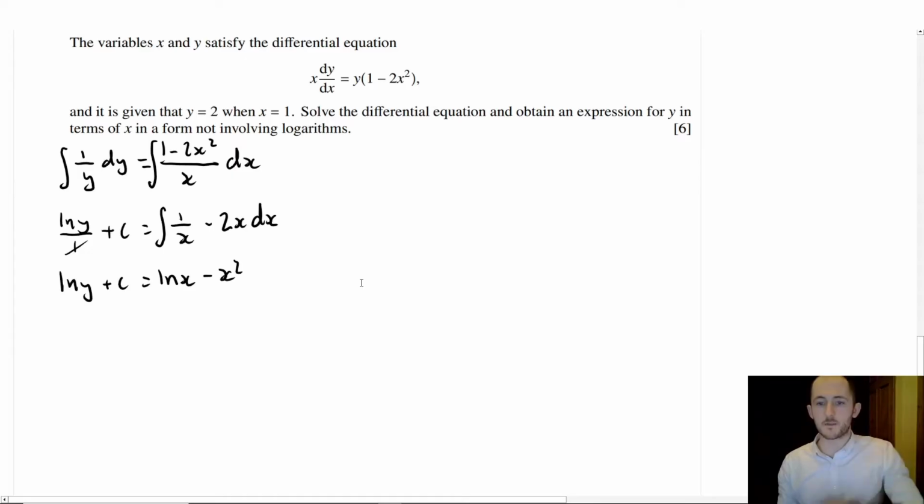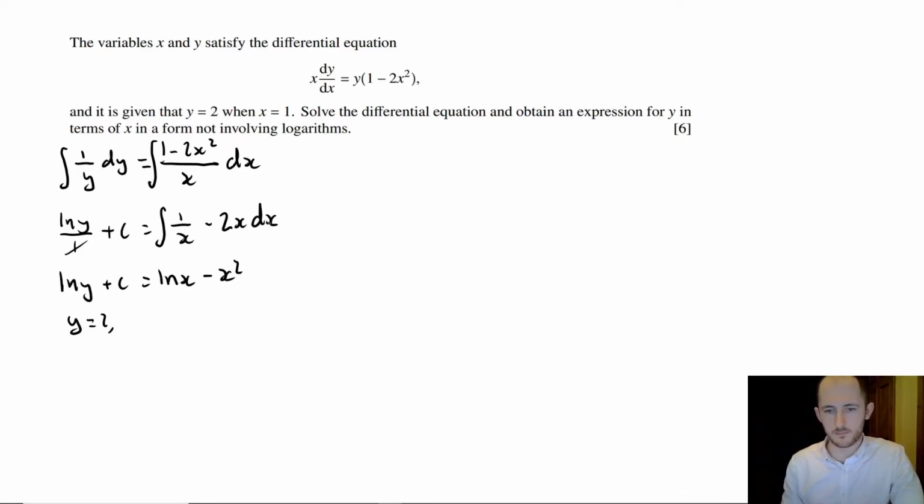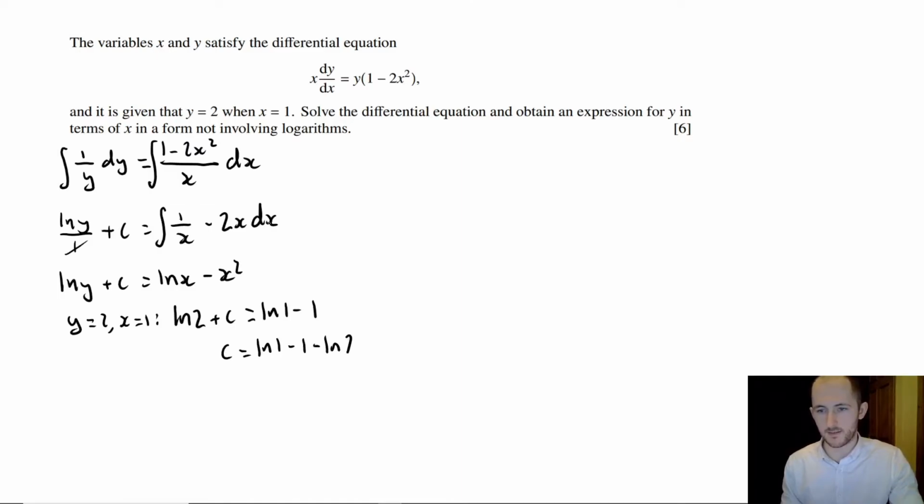Okay. Now it tells me that when y is 2, x is 1. So let's sub that in. We have ln 2 plus c equals ln 1 minus 1 squared, which is 1. So c equals ln 1 minus 1 minus ln 2. Okay. What I'm actually going to do is bring ln 1 minus ln 2, which would give me ln a